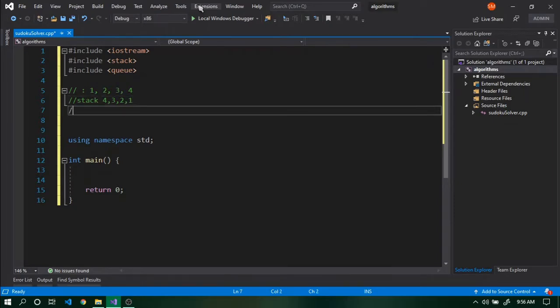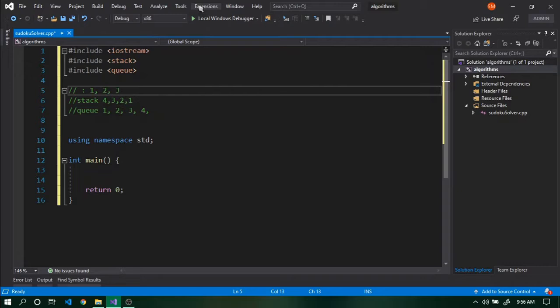And if we're using a queue, the difference is that the first item that gets into the queue is the first item that gets out of the queue. That means first 1 will get out, then 2, then 3, and then 4. And after you have popped a value, that value will vanish from the container. That means the value will not only be returned but also deleted from the container.